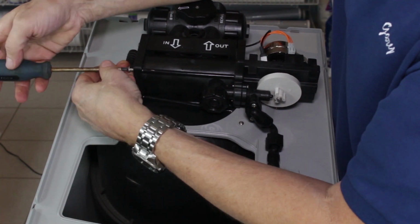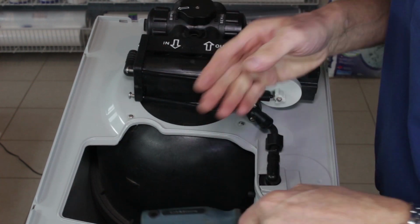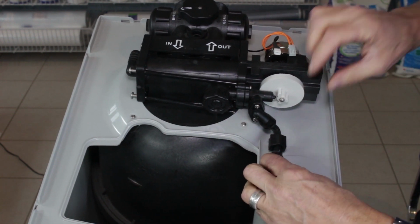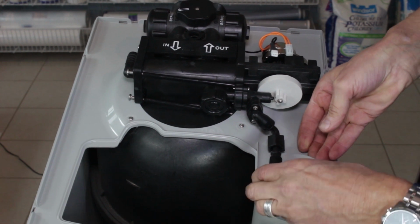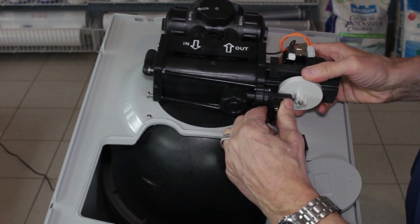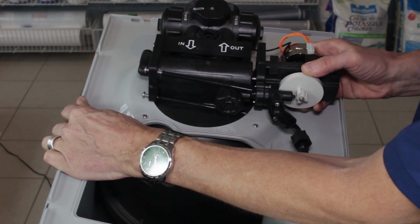And again, you just be careful when you're working with these screws, etc., that they don't fall in the brine tank. That will make it difficult to retrieve later. Okay, so once we've got this disconnected, then this connection here, if we just remove the cap and slide the float a little bit out of the way, this is easily undone. And so now the whole drive end cap assembly is free,